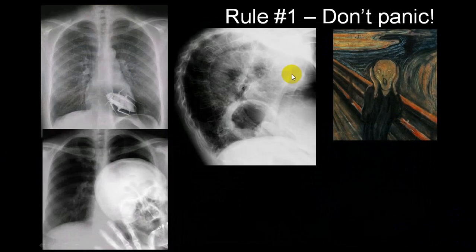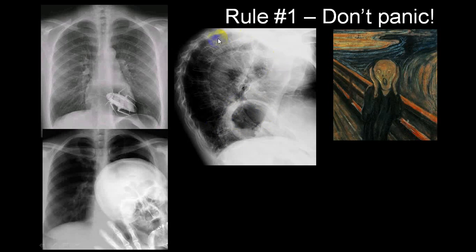Interpreting the X-ray. First rule, never panic. Whenever you see the X-ray, try to find out why that is. Here you can see a cockroach. Here you can see a skull over the X-ray plate. And here, these are the two eyes. This is like a skull. This is the open cavity like this. But don't panic. This is not because of that. This is a cavity which is there.